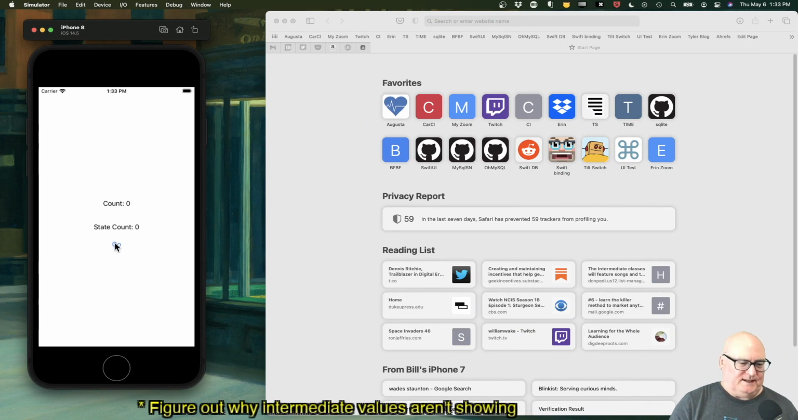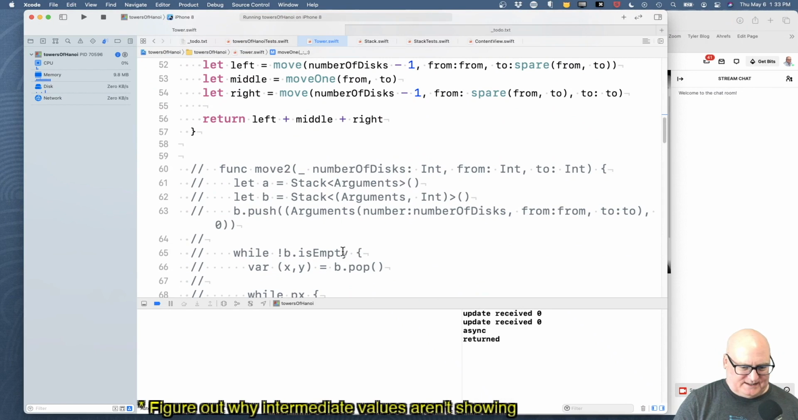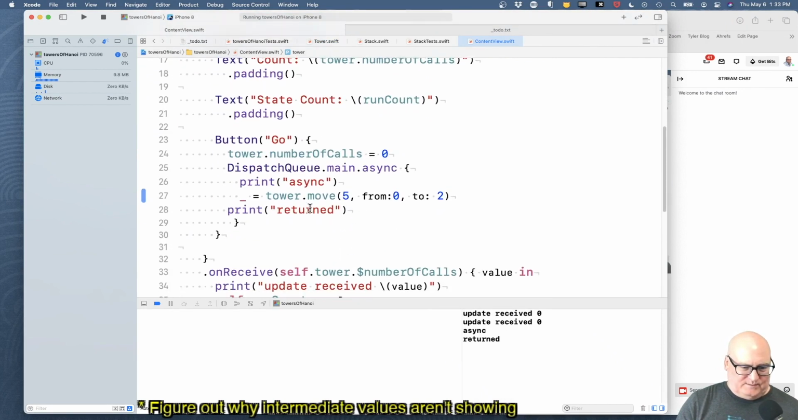Okay, when I click go, it should run the tower algorithm. Oh, is it not? I don't know if it did or not. Received A0 async returned. Okay, so, well, what I'm trying to see happen is,